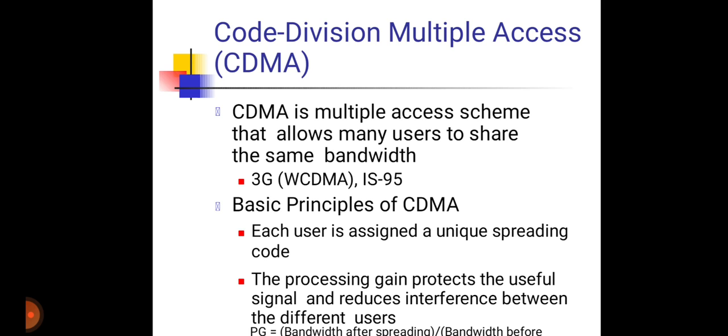To understand the concept, let us consider that there are 10 people in a room. 5 speak English, 2 speak Spanish, 2 speak Chinese and 1 speaks Russian. Everyone is talking at relatively the same time over the same medium, the air, with the same frequency. That means the information to be sent is first converted into coded form and then sent over a common channel at the same time with the same frequency.